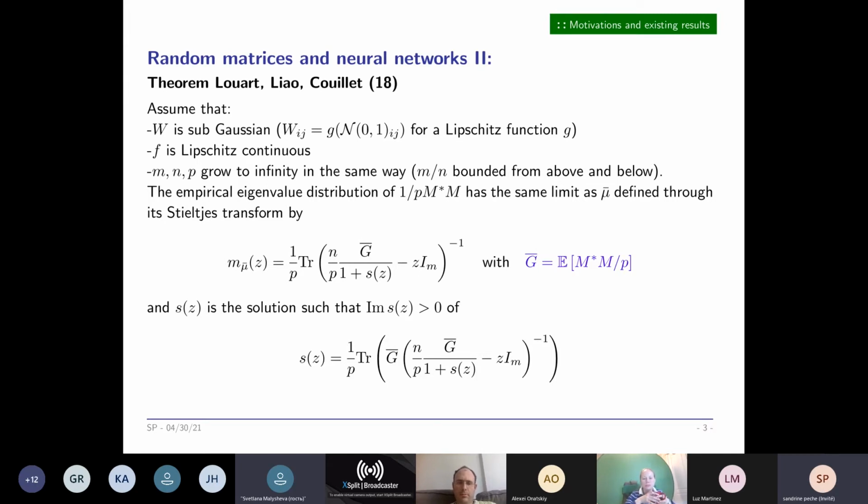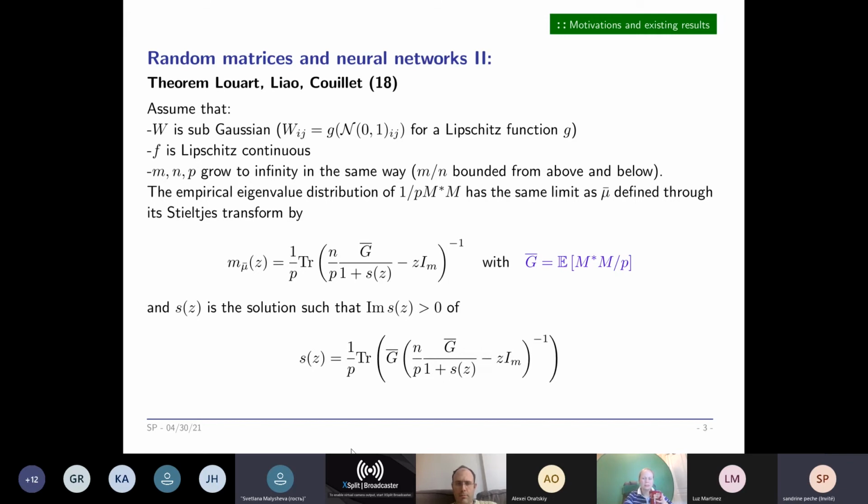So this is first a result by Louart, Liao, and Couillet three years ago, where they consider the case where W is sub-Gaussian, f is a Lipschitz function, and all the dimensions M and P grow to infinity in the same way. I recall that X is N times P, W is M times N. And they show